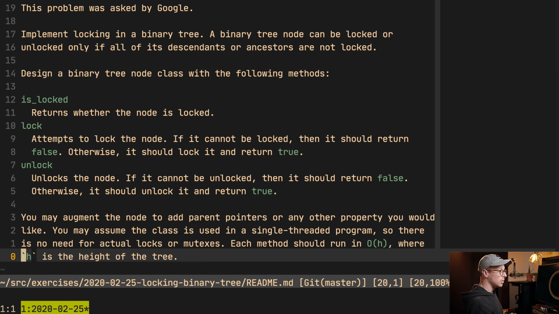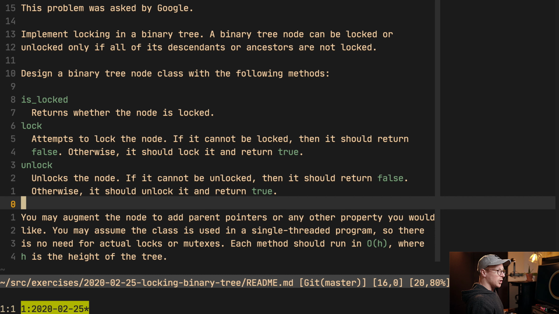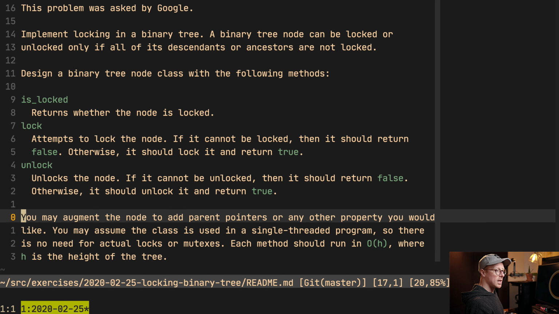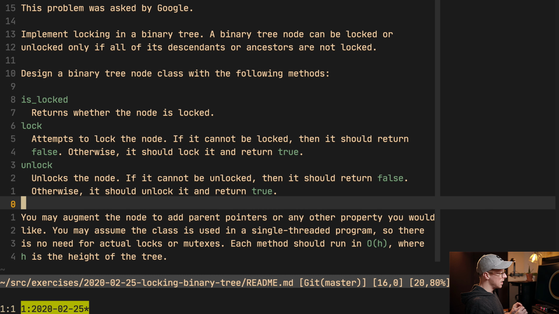Sweet. Okay, so we're building a tree, and I'm thinking we're going to use recursion for this, and if we use recursion, then our runtime should be okay, right? Because when we want to unlock or lock a node, we'll just walk all the way up the tree to the root to check the ancestors and make sure that those are all unlocked. And then we'll also walk down the left and the right tree as well to make sure both of those are unlocked. And I think it says